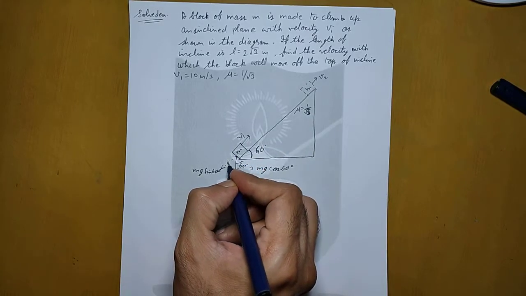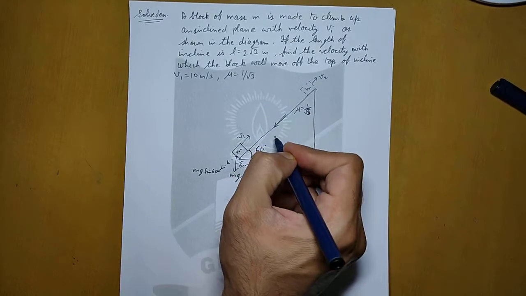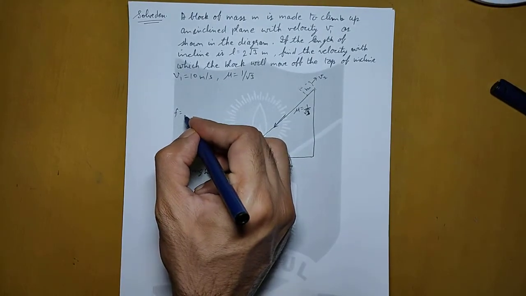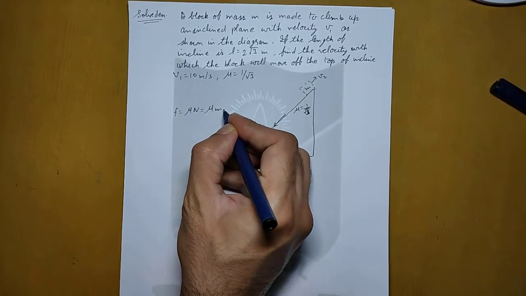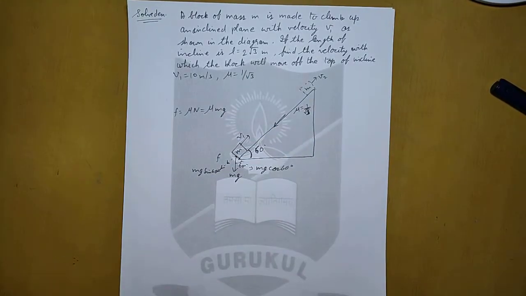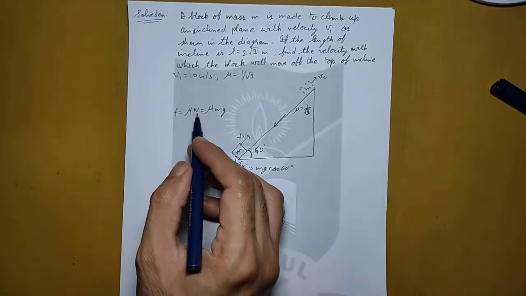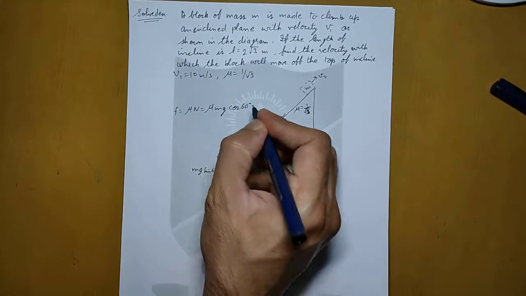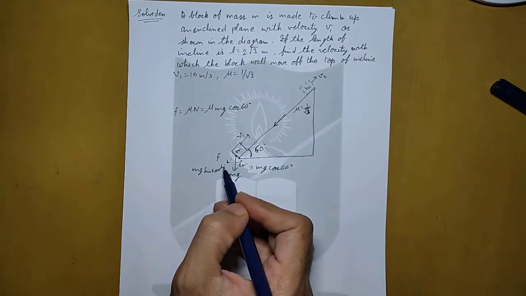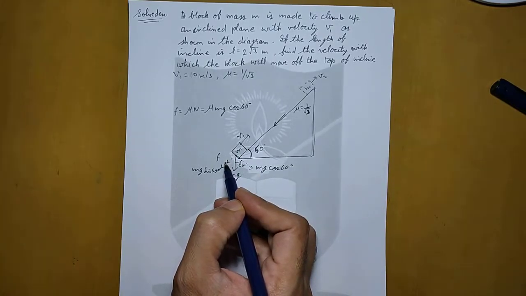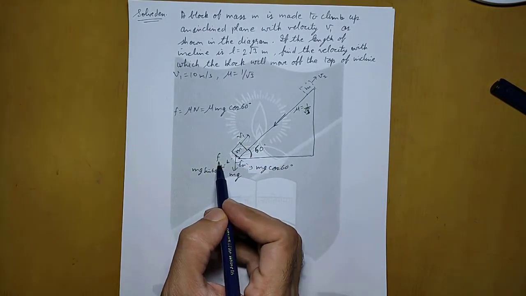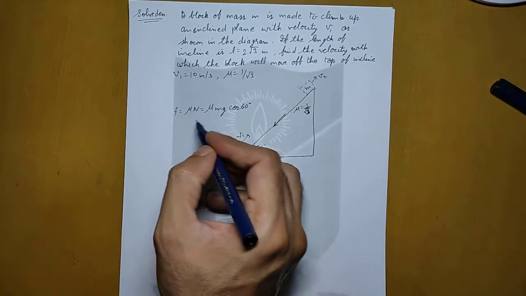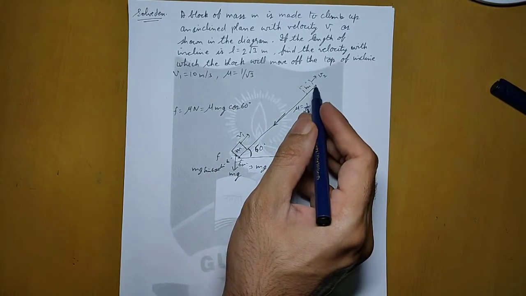Also we will have a force of friction which is continuously applied in this direction, given as mu N, or mu mg. Here N is equal to mg cos 60 degrees, so it will be mu mg cos 60 degrees. So in the downward direction opposing the motion of the block, there are two forces: mu mg cos 60 because of friction, and mg sin 60 because of the component of weight. And under this negative work the block has to cover this distance L.